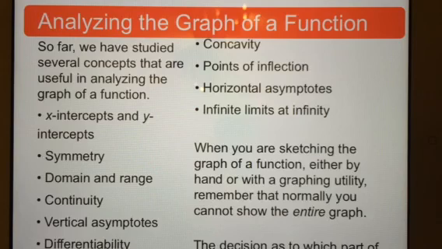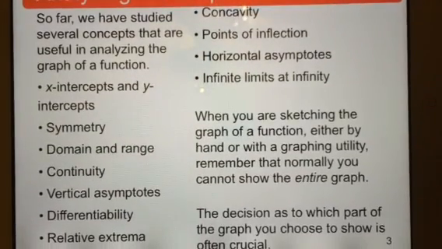vertical asymptotes, differentiability, relative extrema, concavity, points of inflection, horizontal asymptotes, infinite limits at infinity. So when we are sketching the graph of a function either by hand or with a graphing calculator, remember that